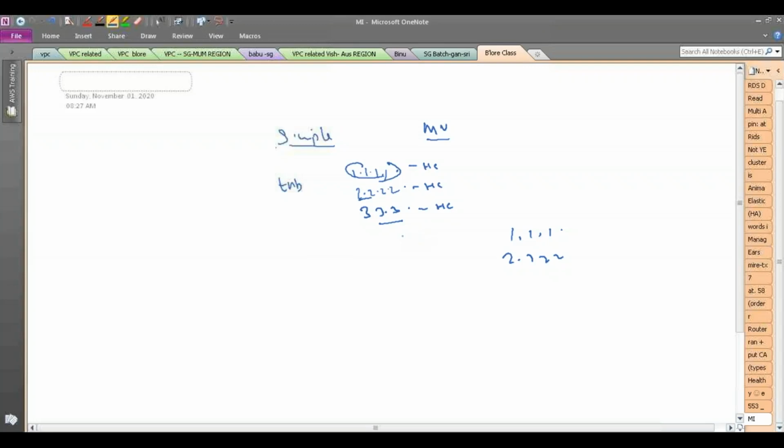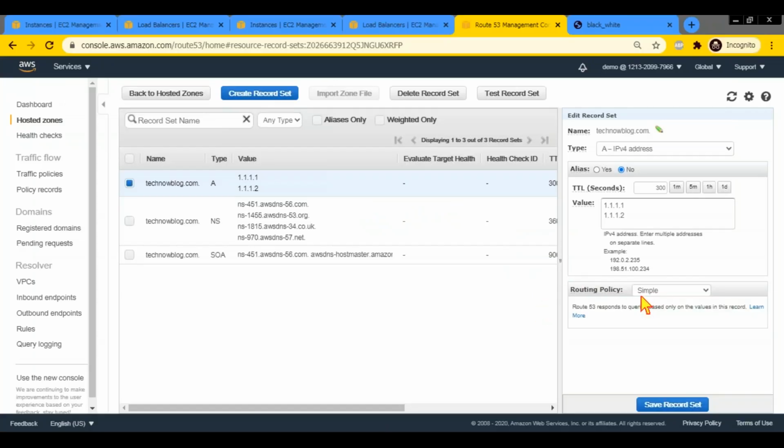Not many people use multivalue, mostly they use the other policies, but it is also a simpler way of doing certain things. So that's the main difference between simple and multivalue. With multivalue, if you want, you can attach a health check. It is not compulsory, but it is possible. If you don't attach a health check, again it is just going to randomly give any one of these